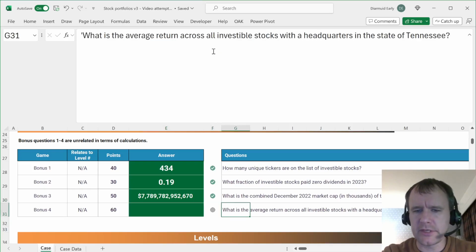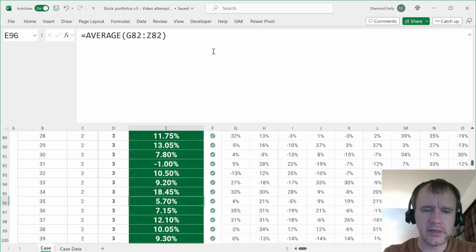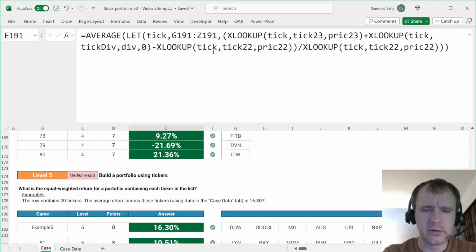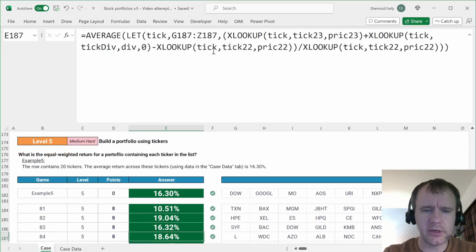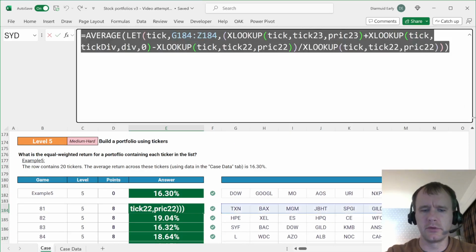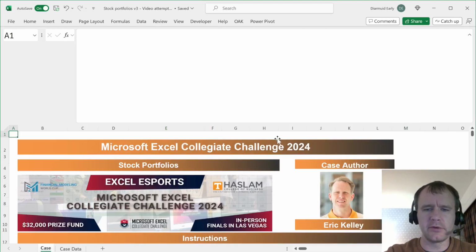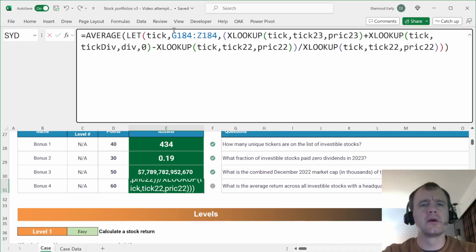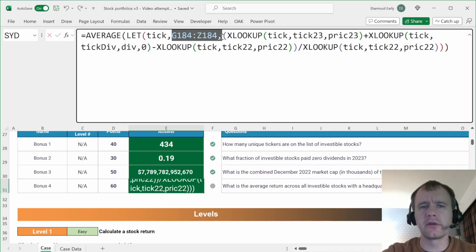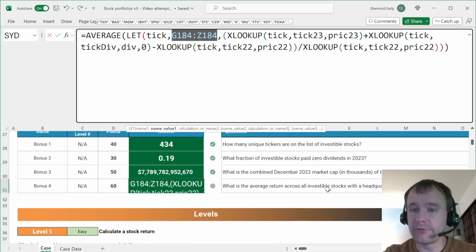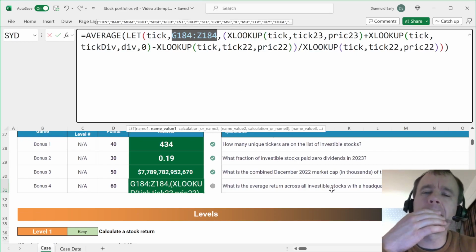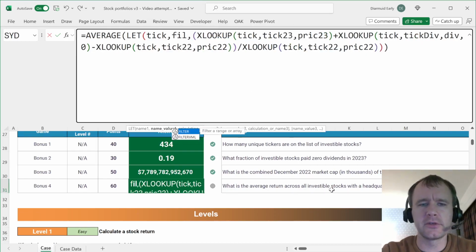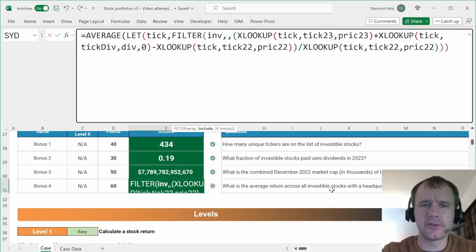All right, and finally, what is the average return across all investable stocks with a headquarters in the state of Tennessee? So we already have a thing that works out the average return across a bunch of stocks, which is this and various other ones. So we just need to give it a different ticker list, which is everyone headquartered in Tennessee. So here we just want to get all investable stocks. Ooh, okay. So we'll say filter inv, which is the list of investable stocks,